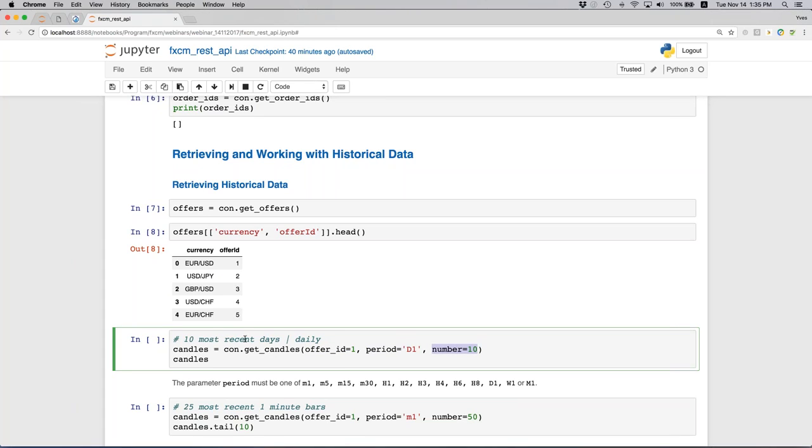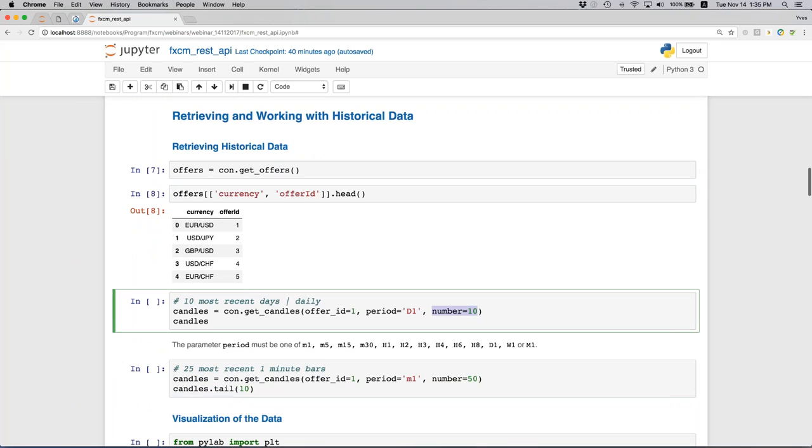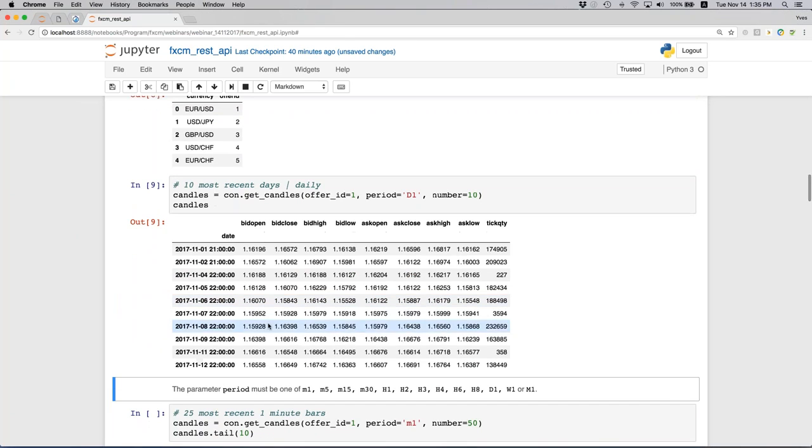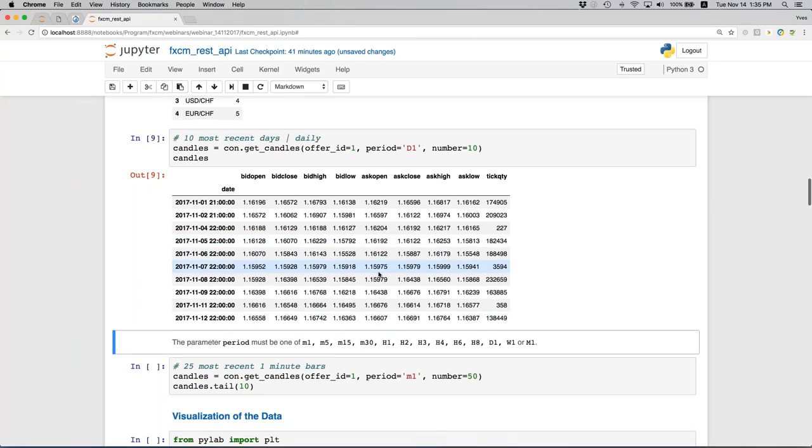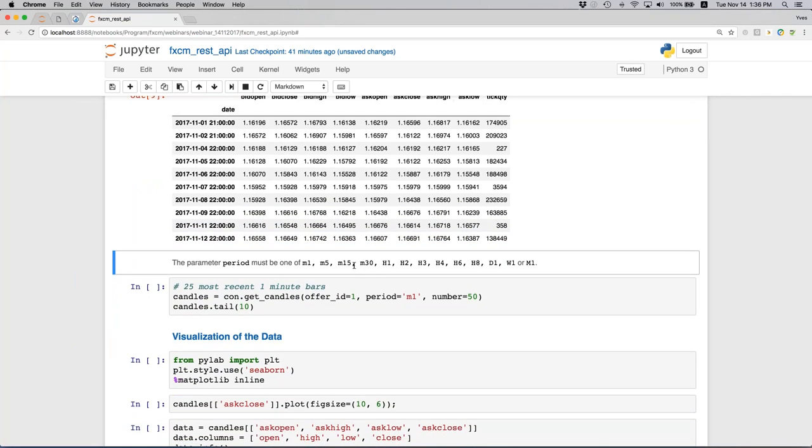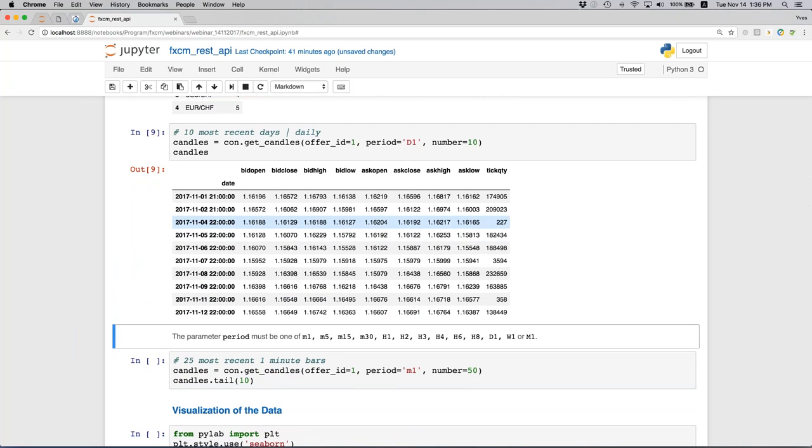10. So this, I would expect, gives me the 10 most recent days of daily data. And you see this is kind of fast. And I now have this pandas DataFrame object with bid open, bid close, bid high, bid low, ask open, ask close, ask high, ask low, and the tick quantity also. So see here more active days and less active days. But there are many more parameters that can be used in combination with the API, so we're not constrained, thankfully,